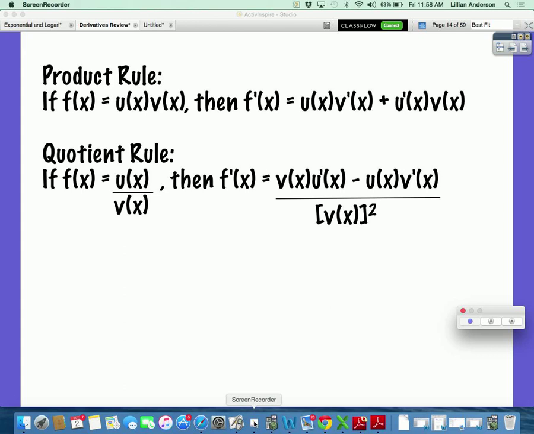So basically, for product rule, you have two functions that are being multiplied to each other. To find the derivative, you take the first function and you multiply it by the derivative of the second, plus the second times the derivative of the first. Okay? And quotient rule basically says the low function, the function at the bottom, times the derivative of the top function, the high,